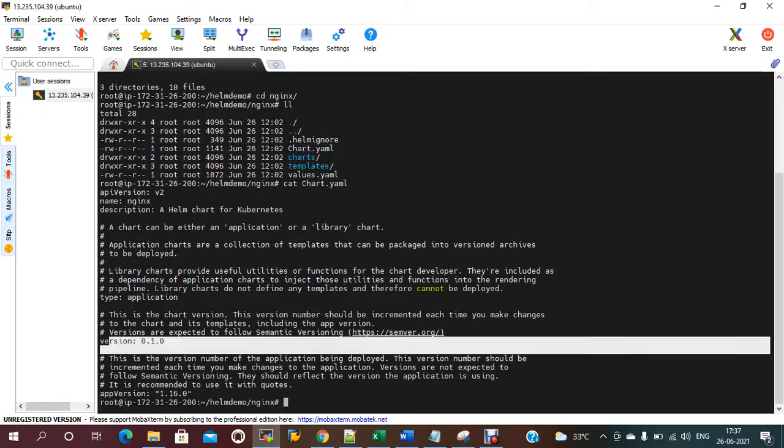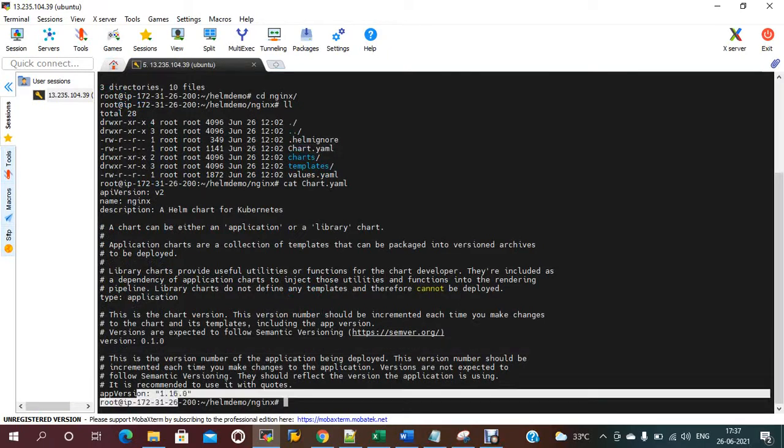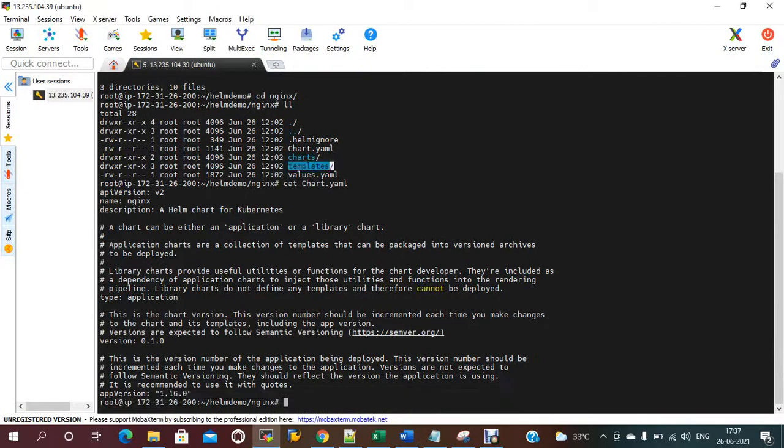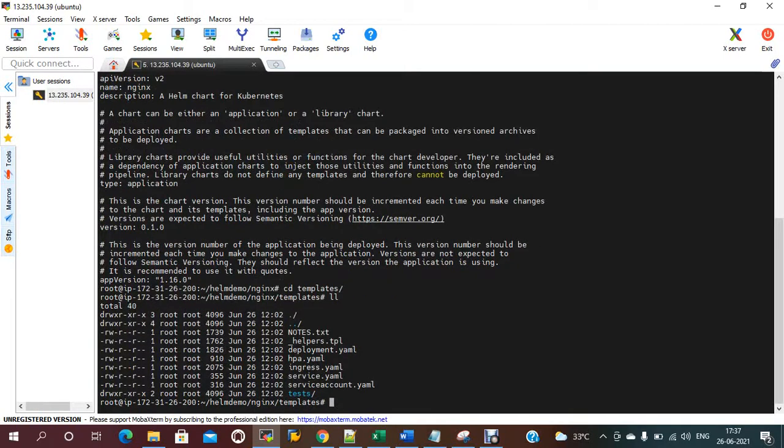This information, including the API version, is about your chart. Under the templates folder, it will have all the desired files, like the Kubernetes object files. If you go to templates, all these files are available: deployment file, HPA file,